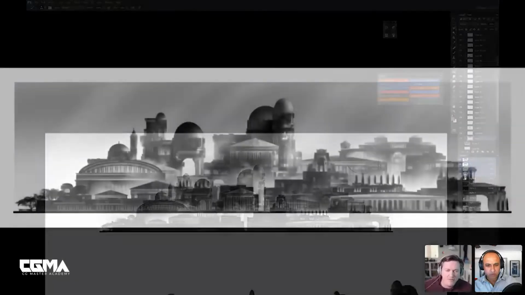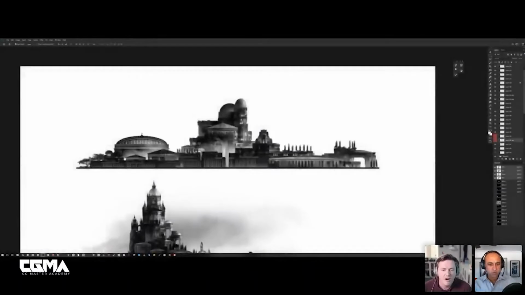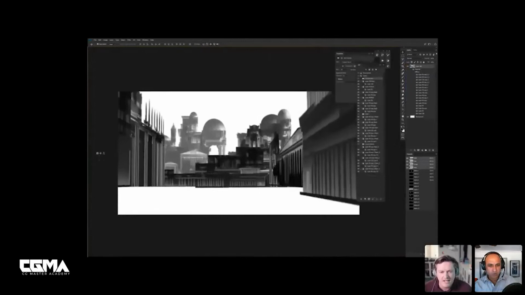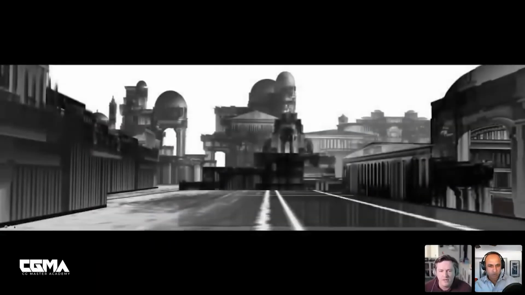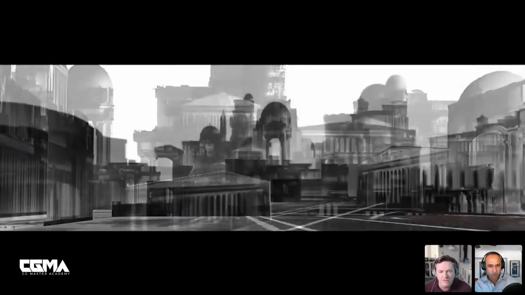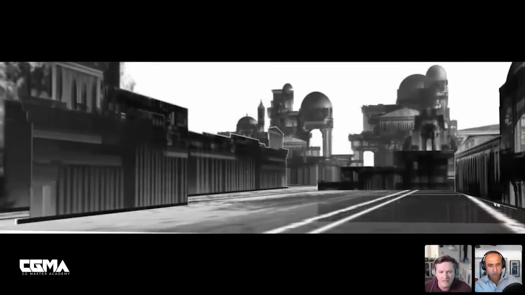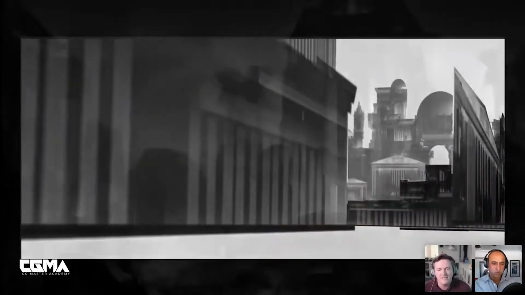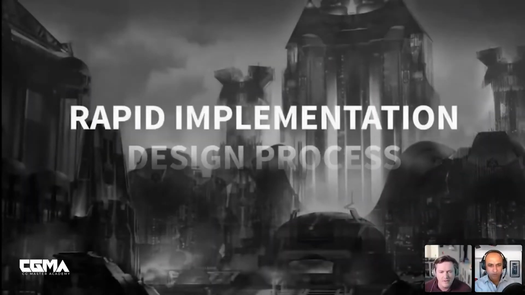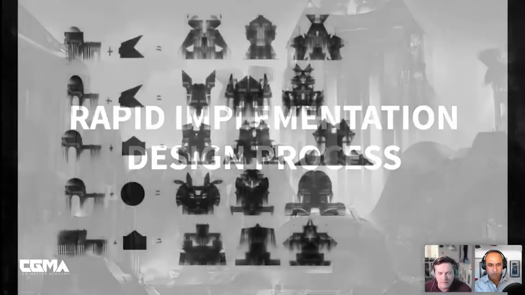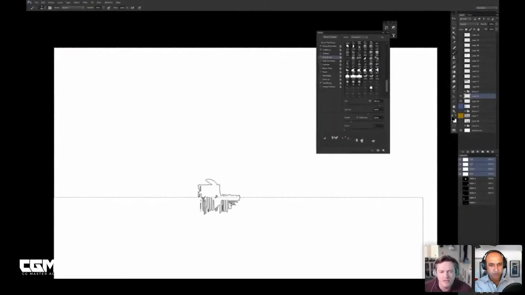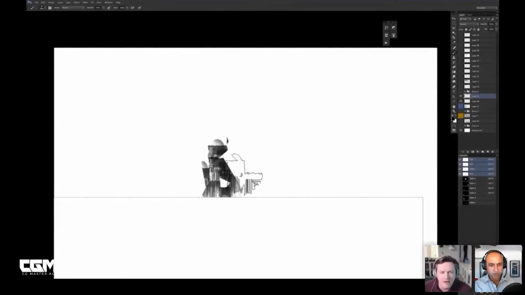So this is an example of using an architectural kit and creating elevations. So these elevations are kind of where we start. Photoshop is a really unique tool set where you can take an elevation right away and put that in 3D space. And so they're like 3D cards. So Photoshop 3D is a fun little tool that we utilize in the class where we can rapidly visualize different POVs. And so here's another example of that design process where we're using dual brushes to come up with unique shapes. And it's a really quick process.